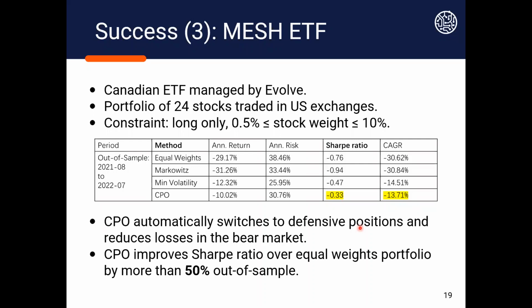And most interestingly, CPO was able to adapt to the regime rapidly. In 2021, it was running a bull market portfolio, concentrating on growth stocks. In 2022, it automatically switched to a much more defensive portfolio. So even though it is still a negative Sharpe ratio, that's mainly because of the constraint. If we were running an unconstrained optimization, it would be positive. But because of the constraint, we are forced to allocate money to stocks that we know are not going to perform well. But even with that constraint, we are able to reduce the loss by 50% in 2022,